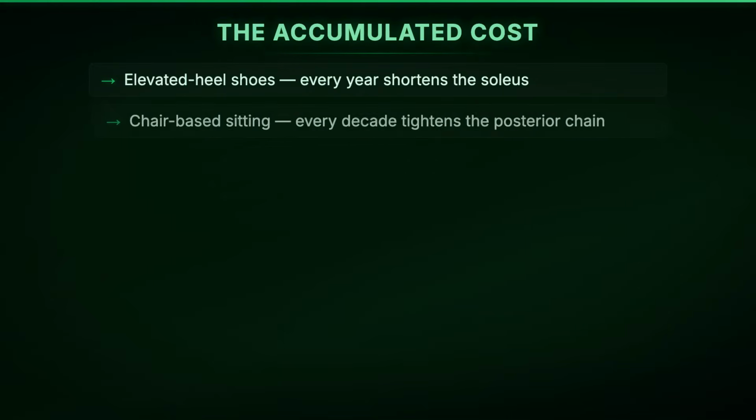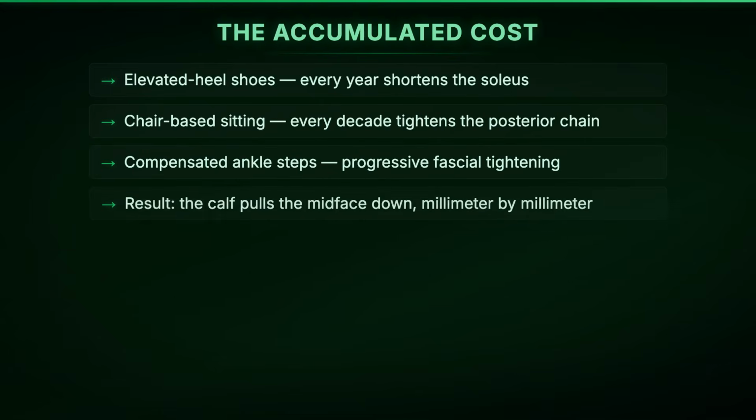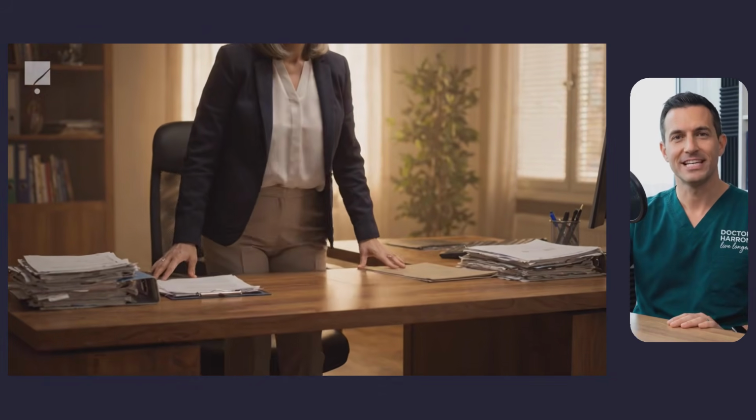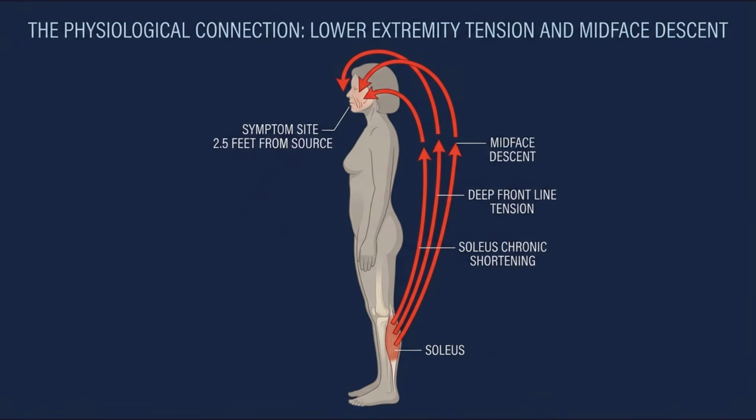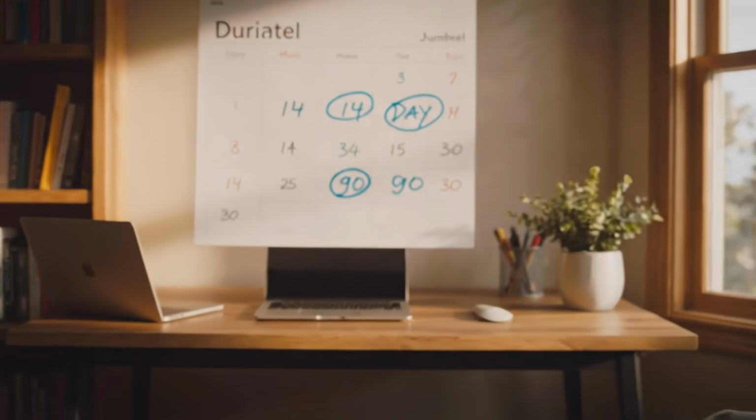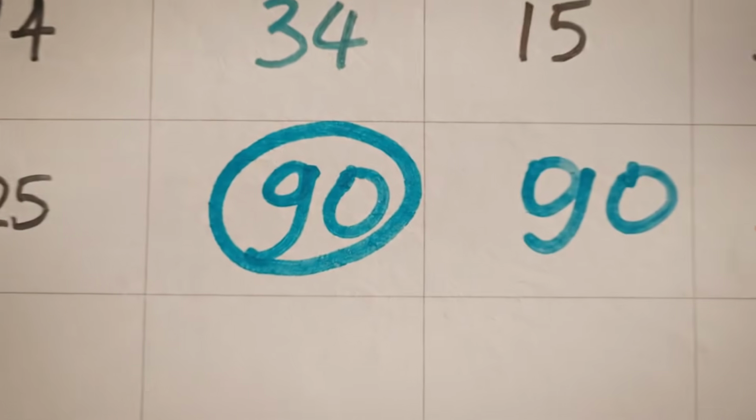Because if what I've described is accurate, in the anatomical evidence, the dissection evidence, the clinical observation evidence, and the self-experiment evidence all converge on the same conclusion, then the implication is that every year you've spent in shoes with an elevated heel, every decade you've spent sitting in chairs that shorten your posterior chain, every compensated step you've taken with a restricted ankle has been progressively tightening this line, pulling your midface inferiorly, restricting your breathing, compressing your hip, millimeter by millimeter, year by year, in a process so slow that you attributed the results to aging rather than